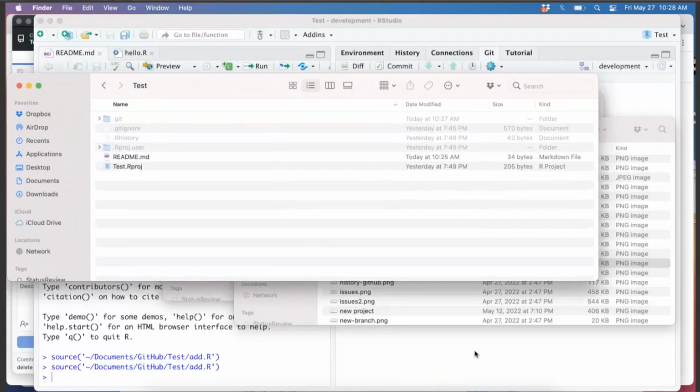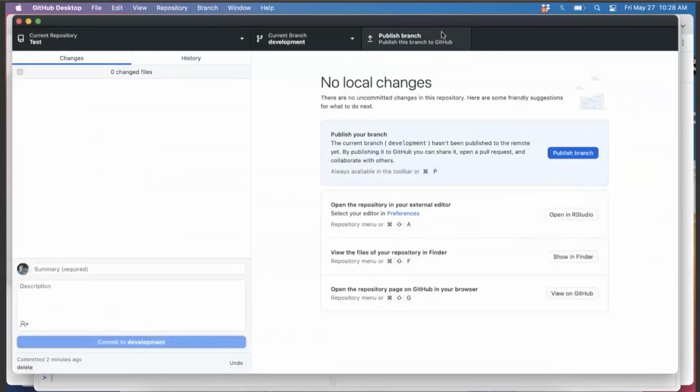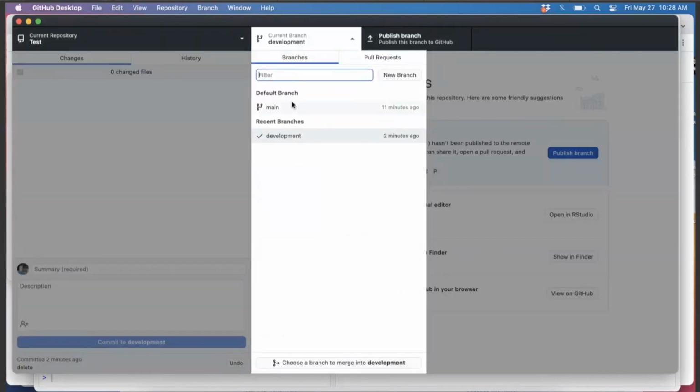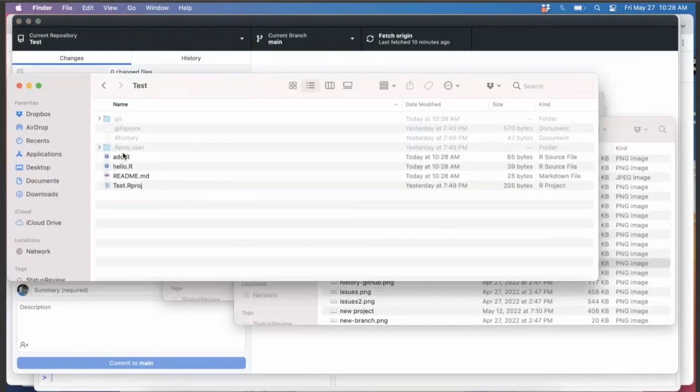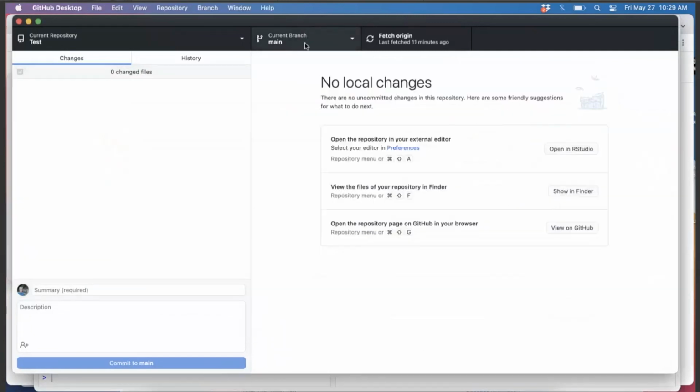Now, let's go back and watch what happens when I switch back to main. Okay, I've switched back to main. So those files came back. And if I go into the folder, here they are again. So they're back. This is why I said, when you start using branches, you must always know what branch you're on. And when I say on, you haven't switched into some hidden folder, you have changed the file status. And that is why if I switch branches here,